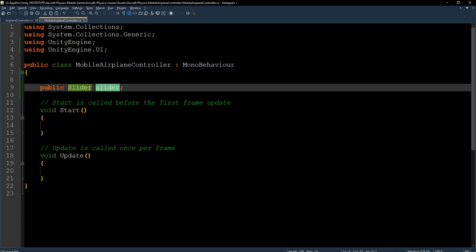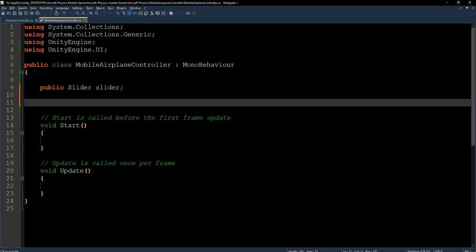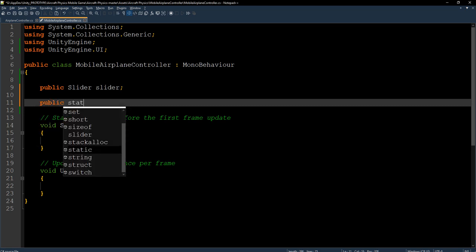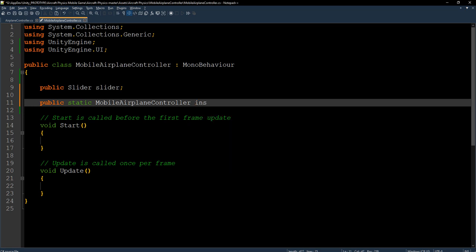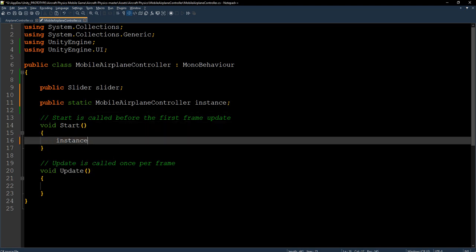Then, yeah, we need to make this script public static MobileAirplaneController instance, and instance is this.